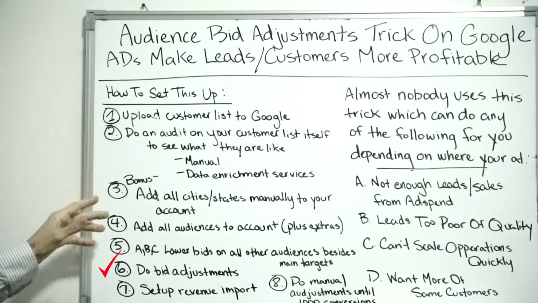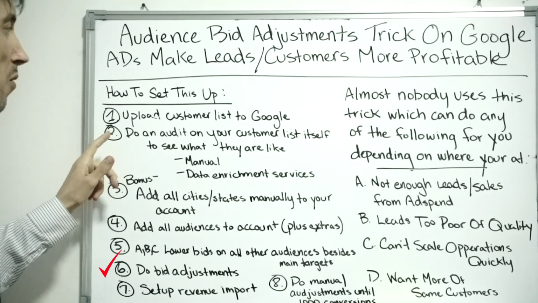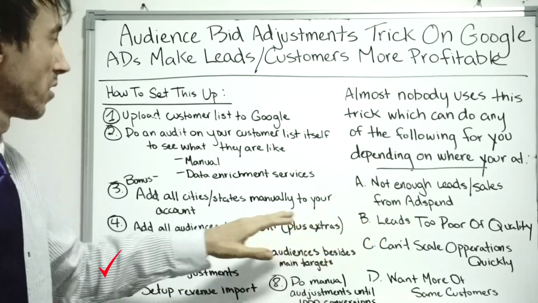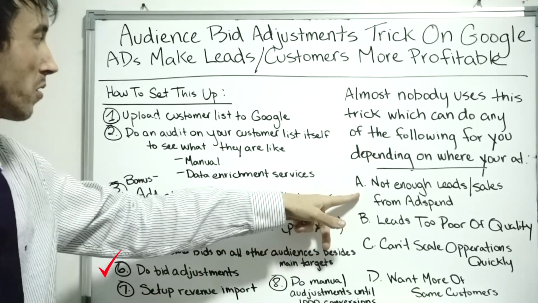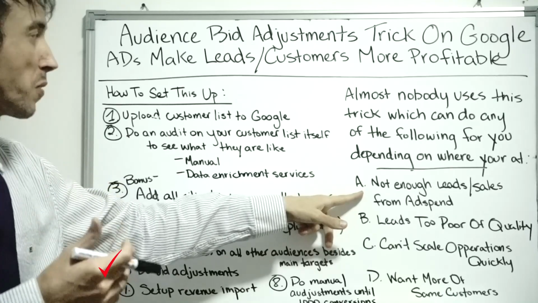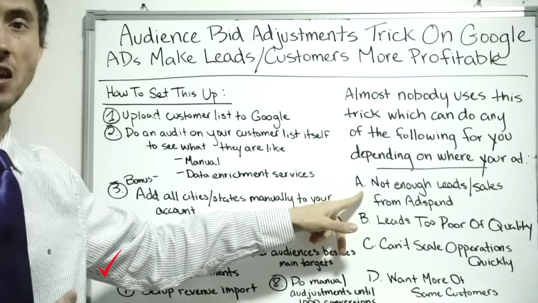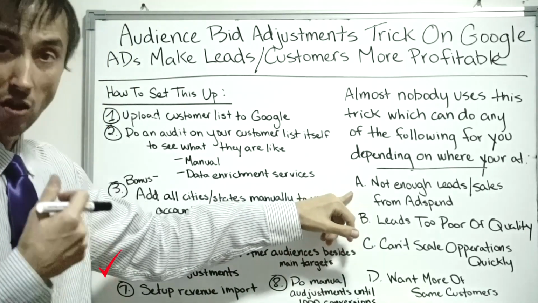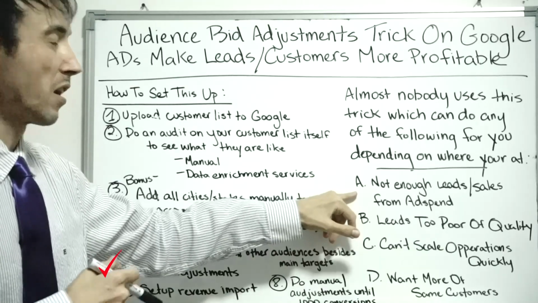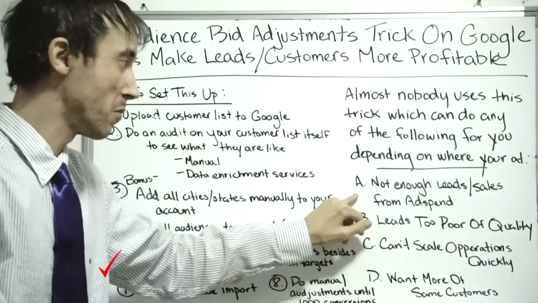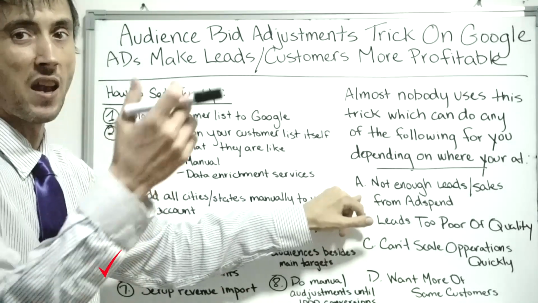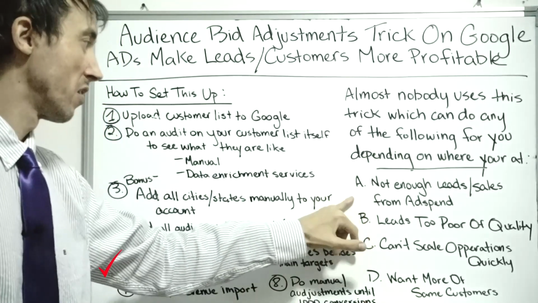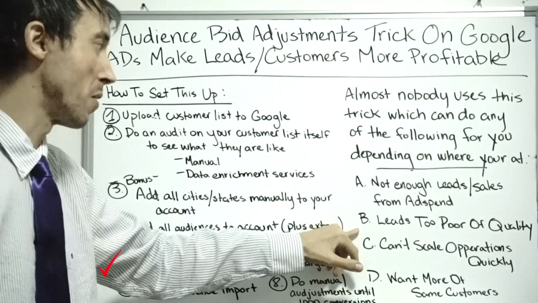So if the people that match your customer list are mostly all parents, you bid 900% more for those, but if they're not a parent, you bid 900% less. You're targeting the same keywords, of course, but your ad isn't being shown to people who aren't parents anymore. You take that wasted spend, and when somebody is a parent, your ad is shown, so now you're getting more leads for the same amount of money. So ads that weren't profitable before become profitable.